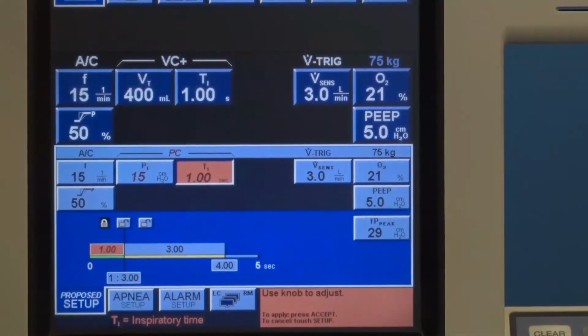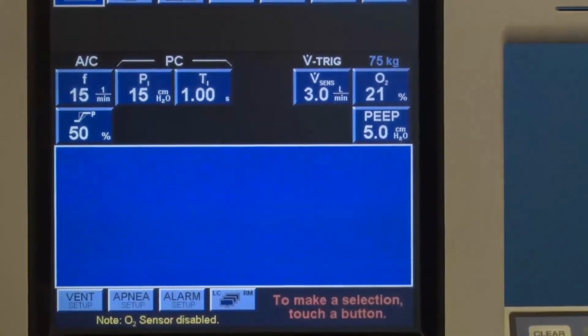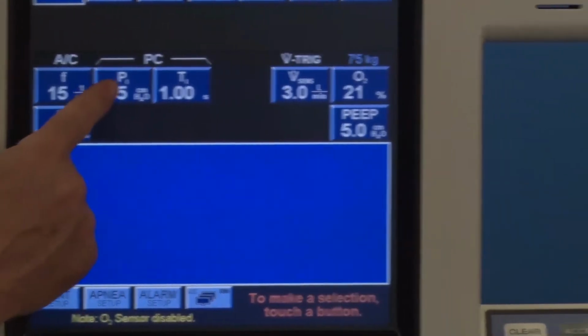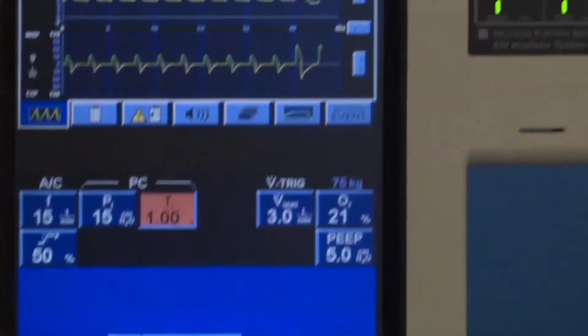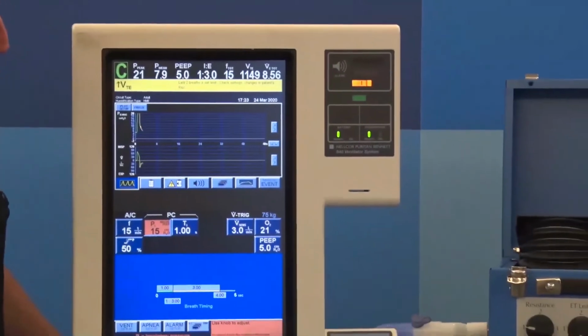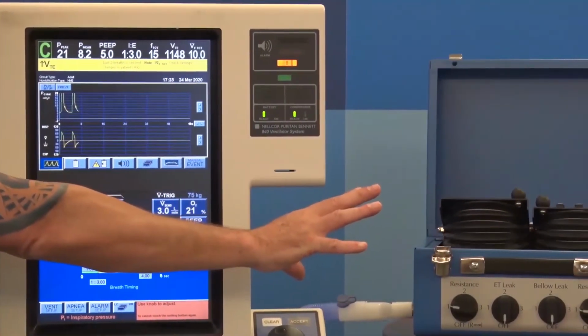There is your I time. There is your peak pressure right on the alarm page. Let's put that on a round number. Go ahead and press accept, and you're now in AC pressure control. Inspiratory pressure 15 and a 1-second I time. Okay. Well, pressure control is a variable flow, so nothing has changed compliance and resistance wise on my patient, so